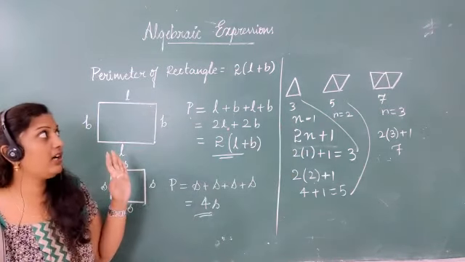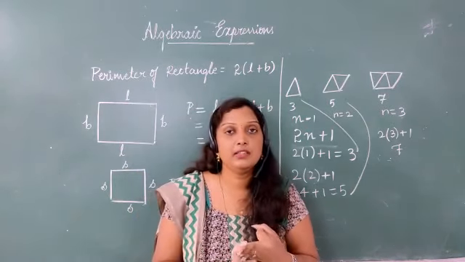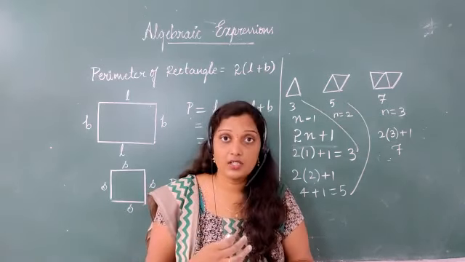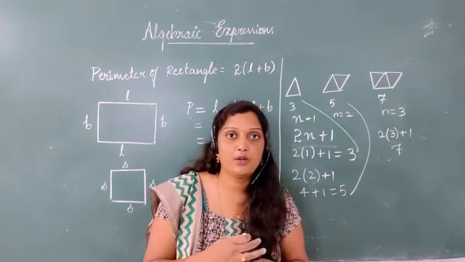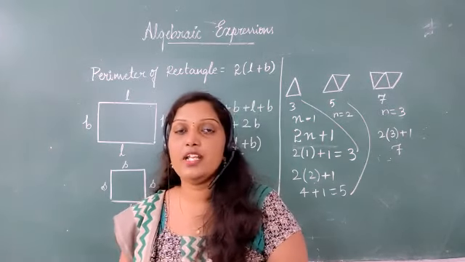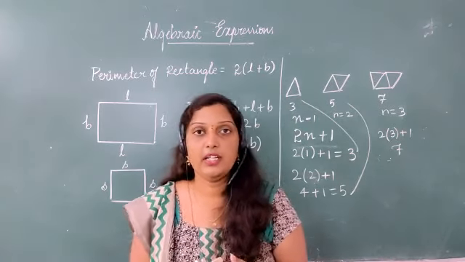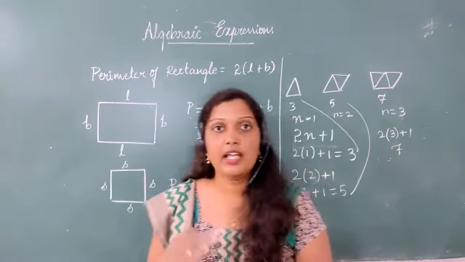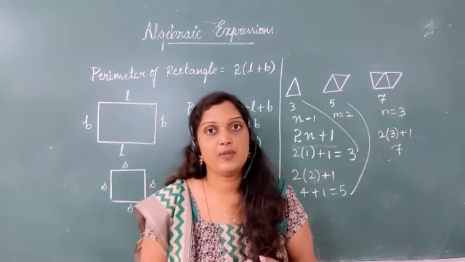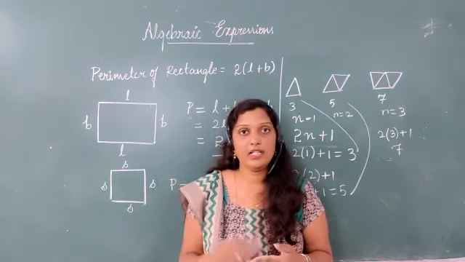So in this chapter you have learned the introduction part, how to form an expression, what is an algebraic expression and a numerical expression, and the number of terms included in the expression, and the types of terms and factors of terms. And based on the number of terms included in an expression, it is divided into monomial, binomial and trinomial. And next you have learnt addition and subtraction of algebraic expressions, how to find the value of an expression, and how to frame the formulas and rules using algebraic expression.